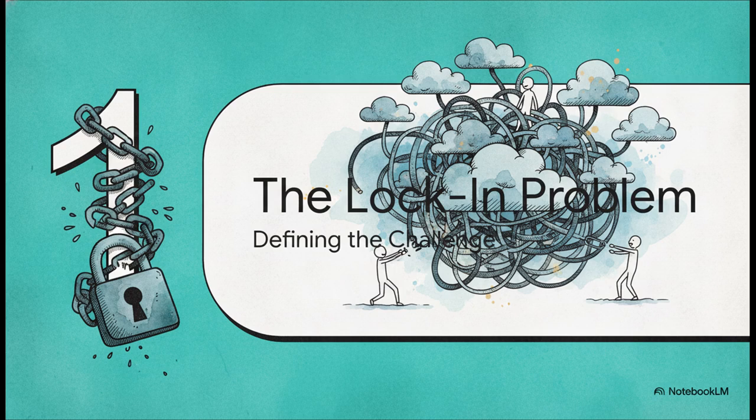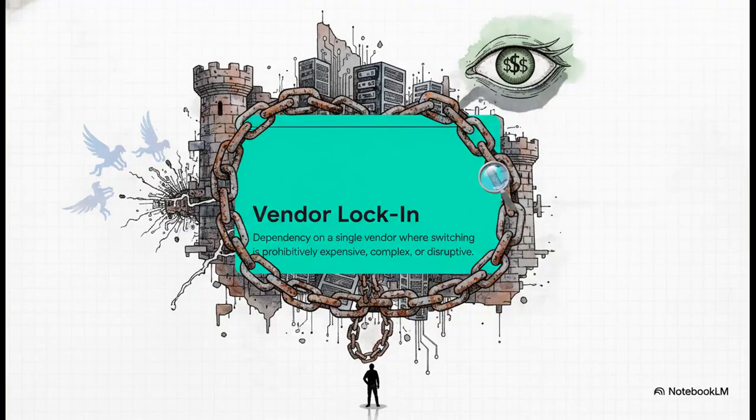All right, so let's start at the very beginning, just like we did back in Chapter 1. What is vendor lock-in really, and why is it such a massive business risk today? At its heart, vendor lock-in is all about losing your flexibility. You know that feeling of being stuck, where switching to a new provider is too expensive, too complicated, too disruptive. But the real danger, the key takeaway here, is the loss of your negotiating leverage. The second a vendor knows you can't just pack up and leave, well, that's when the whole power dynamic shifts.